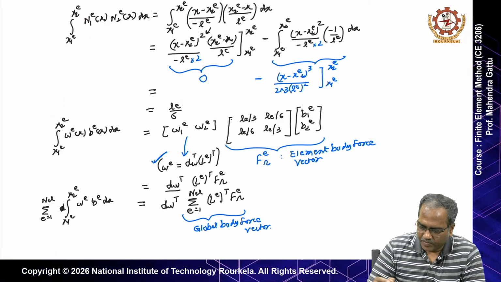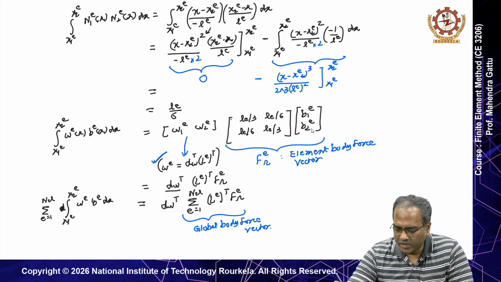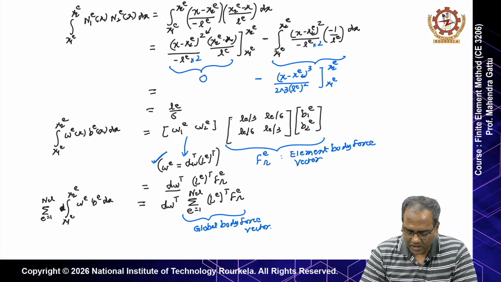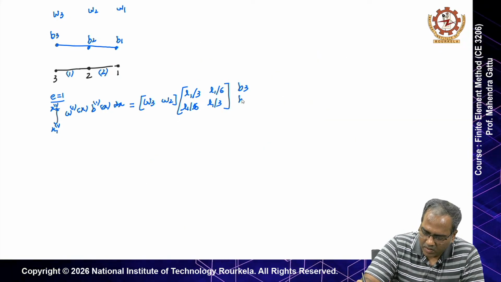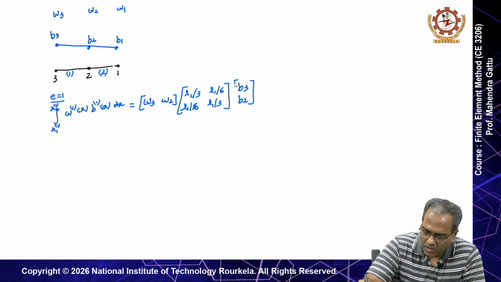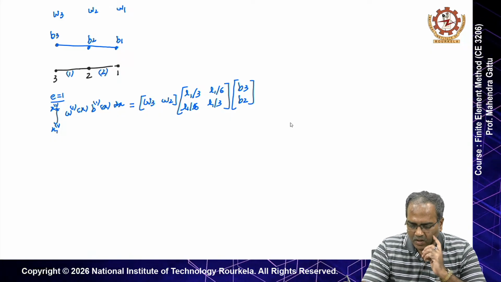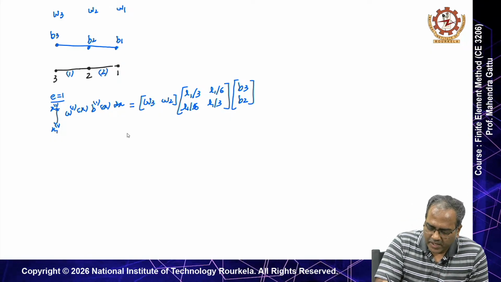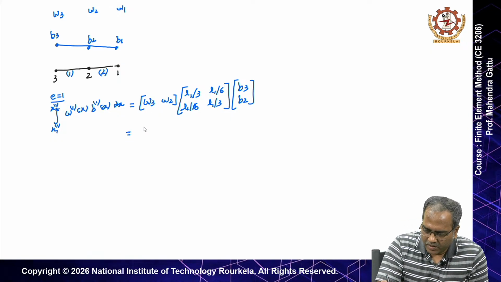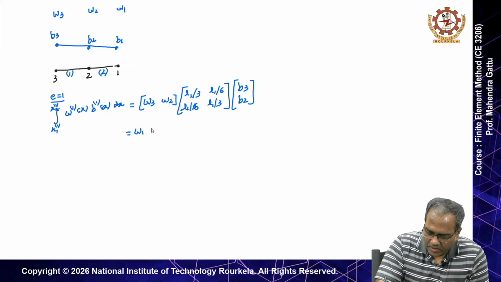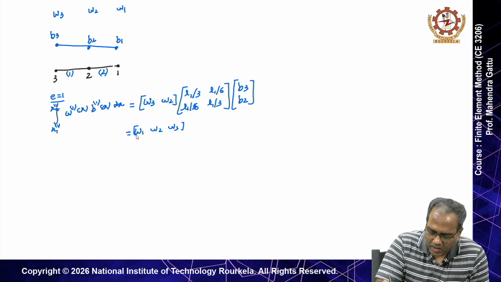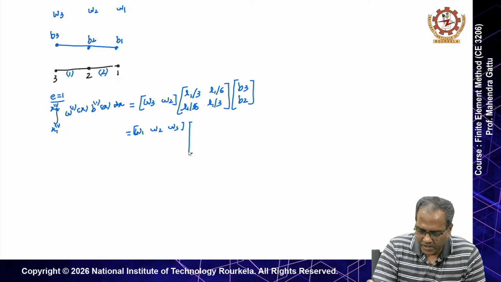And here B1E and B2E for element 1 actually correspond to node 3 and node 2. So it will be B3 B2, okay. And let us do the scatter operation here itself. So the scatter operation will be W1 W2 W3, and then the coefficients we will write as